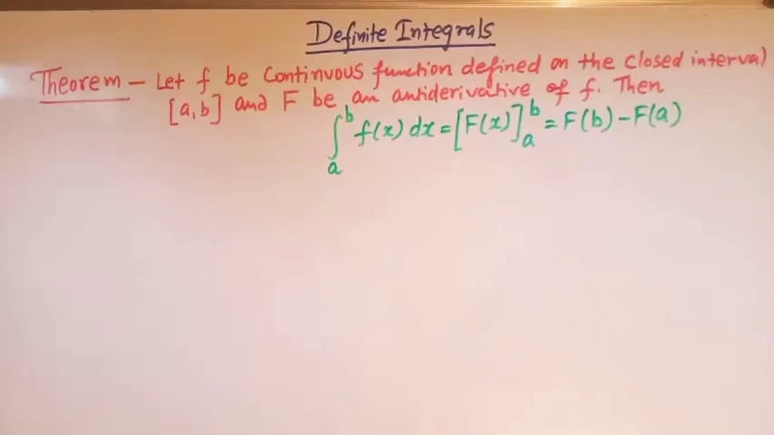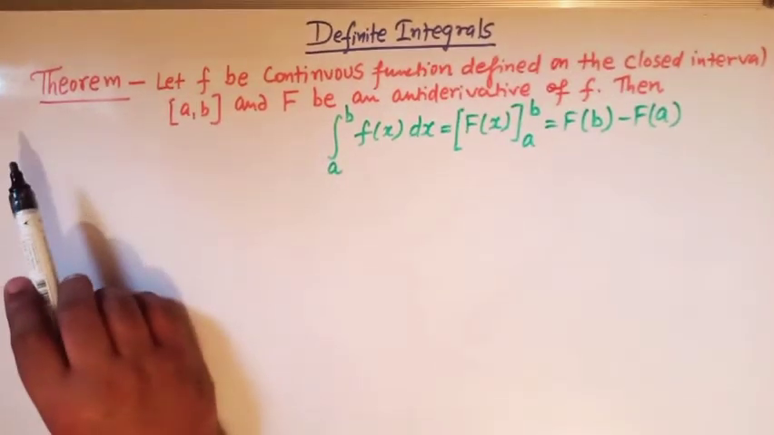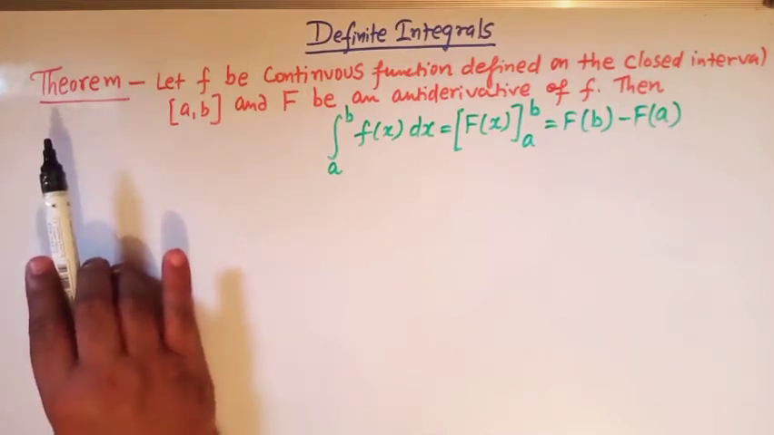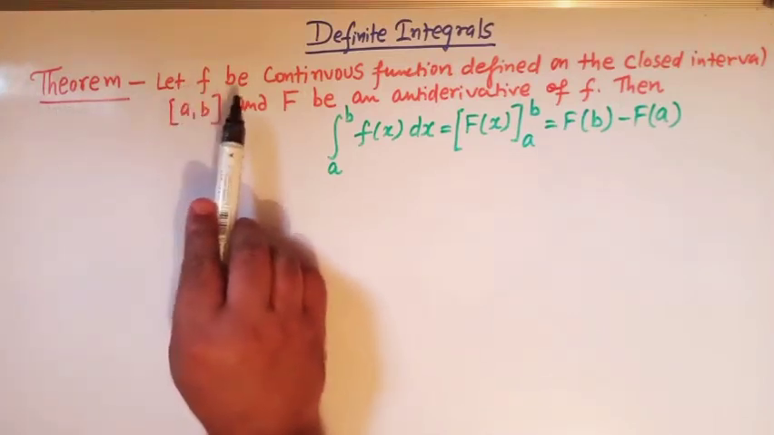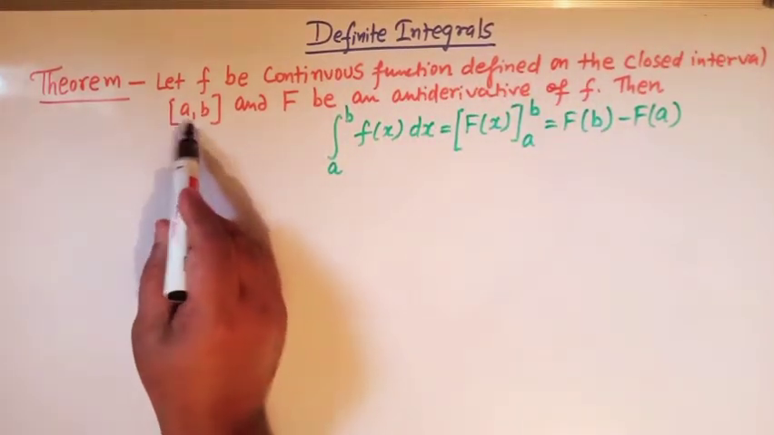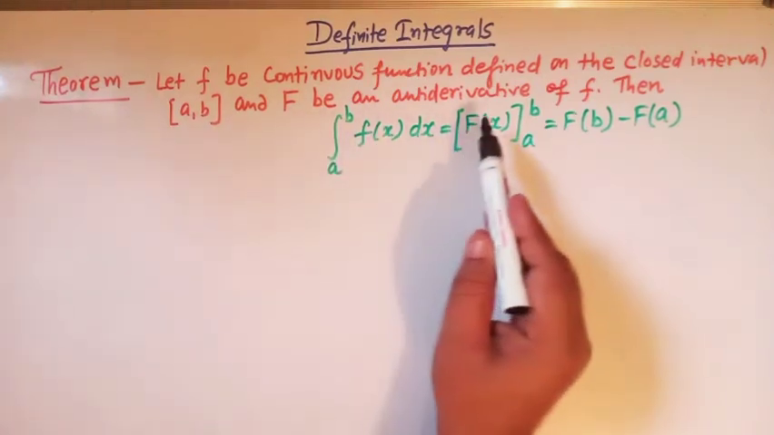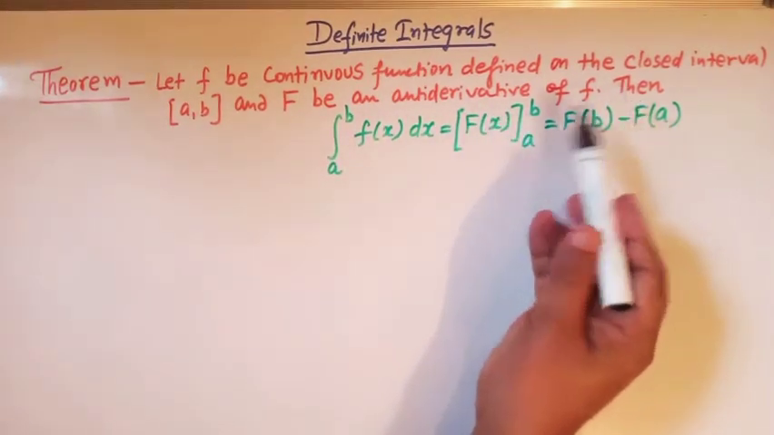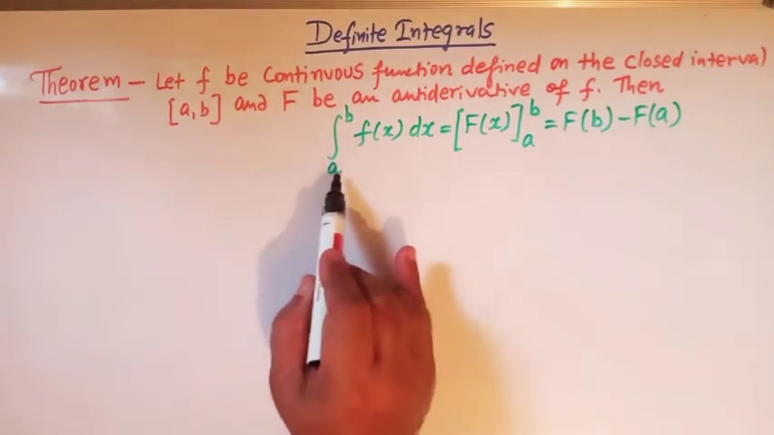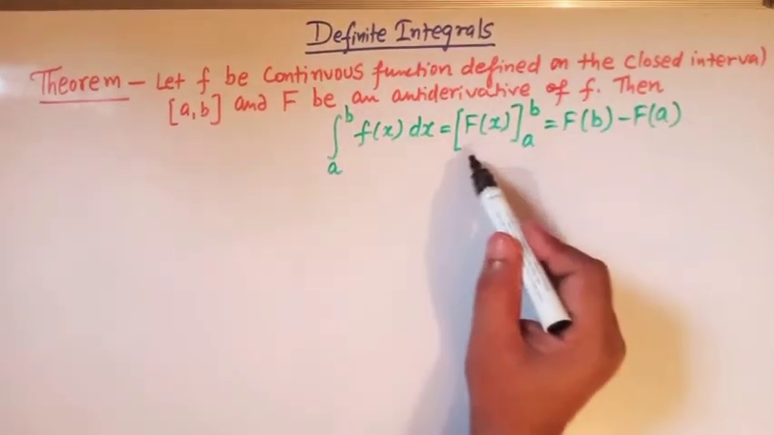Hello viewers, in today's lecture we are going to take up some important problems which will be solved by using the second fundamental theorem of integral calculus. So the theorem states that let f be a continuous function defined on the closed interval [a, b] and F be an antiderivative of f, then the integral of the function f of x from a to b is given by